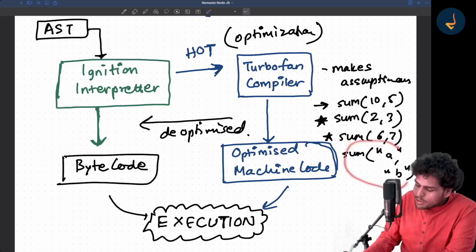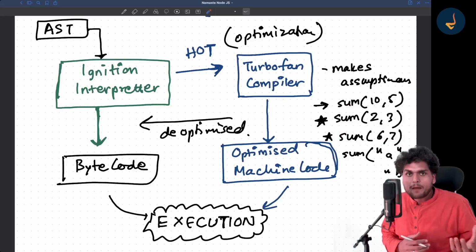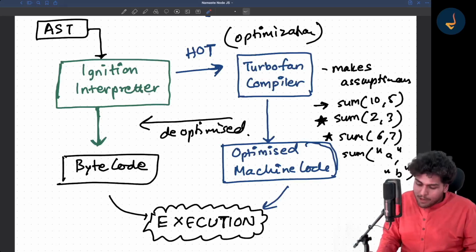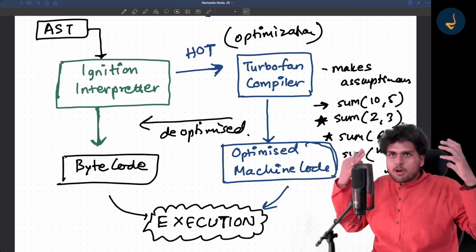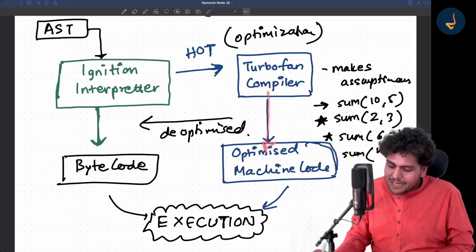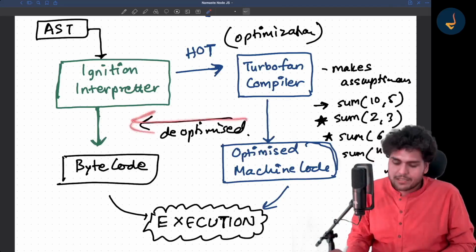But as soon as you start passing in something else, suppose objects, where the TurboFan compiler was expecting numbers, the code will be de-optimized. The JavaScript engine recognizes that the code it optimized will not work for this function anymore, so it needs to de-optimize it.